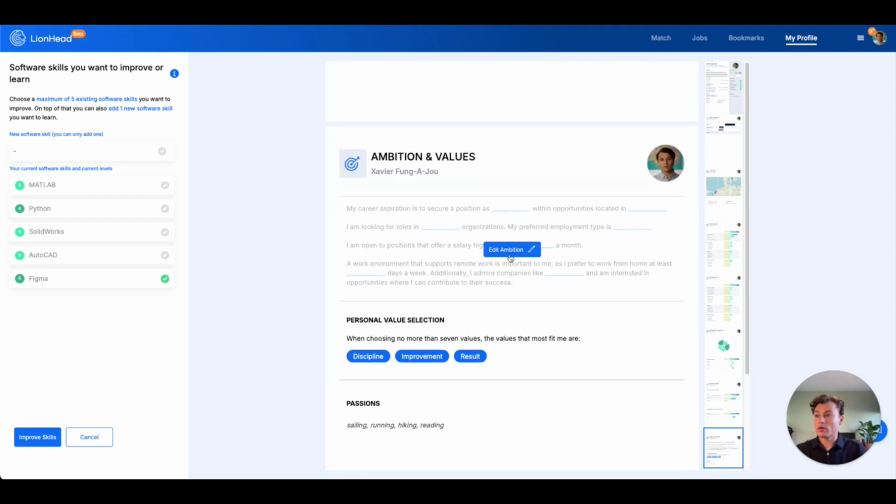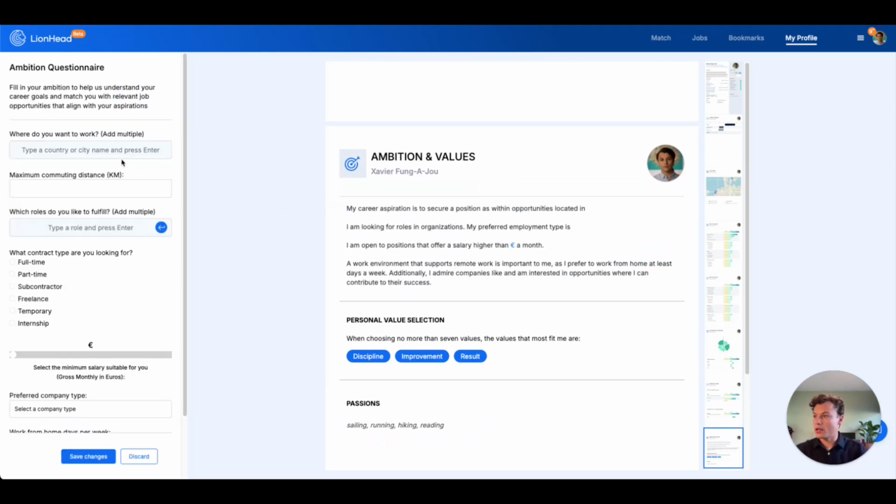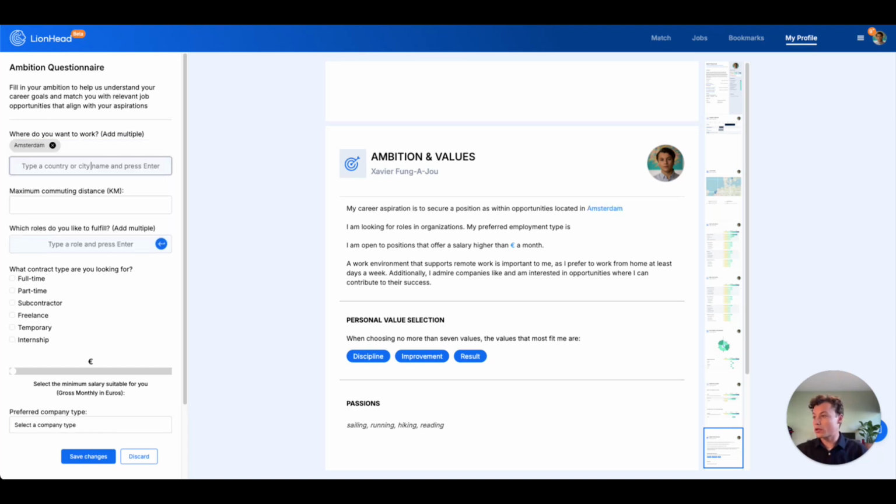Then we go to the ambition, which is also in the summary, but we can edit it here. This is actually a simple form for now, where we type where we want to work. I'm now currently in Amsterdam, so let's use that. I want to work close by home, so around 10 kilometers. The role I want to be fulfilling is maybe a developer, full-time,